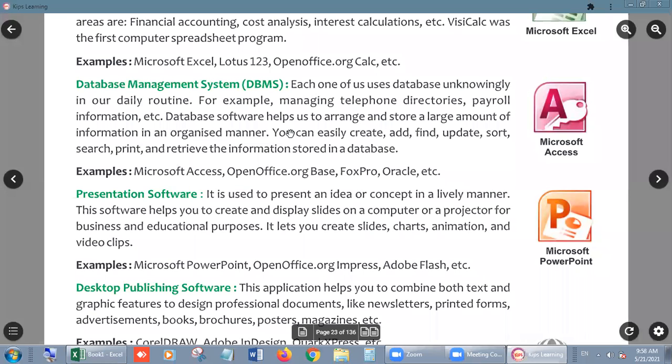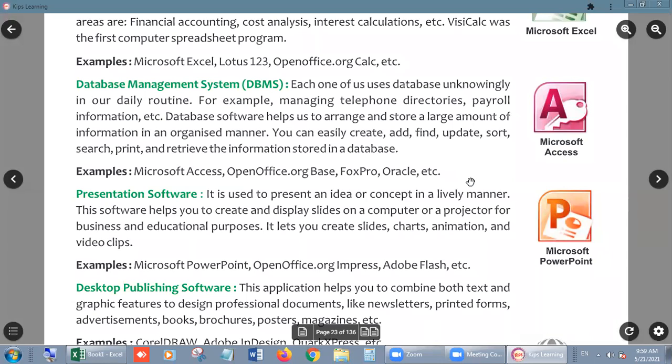Suppose school always keep record of their students, like your name, your class, your roll number, your admission number, your parents name, your address, your email ID, your fees details, right? Your co-curricular activities, your sports activities, everything is recorded in the school, right? And what kind of file we use to store this? That is MS Access, right beta?